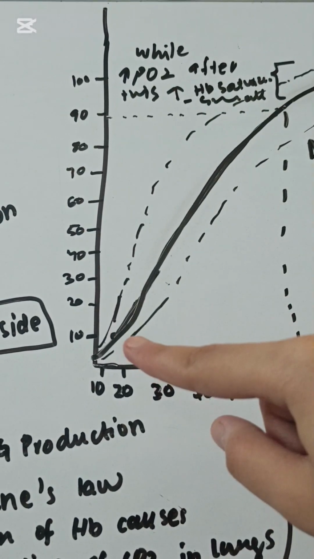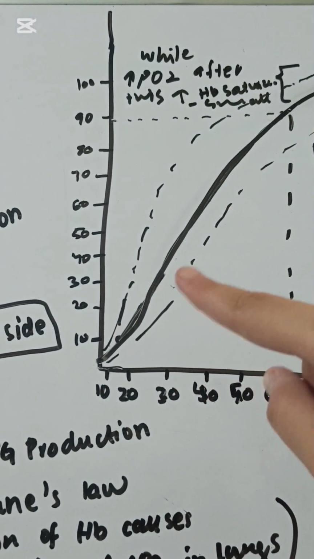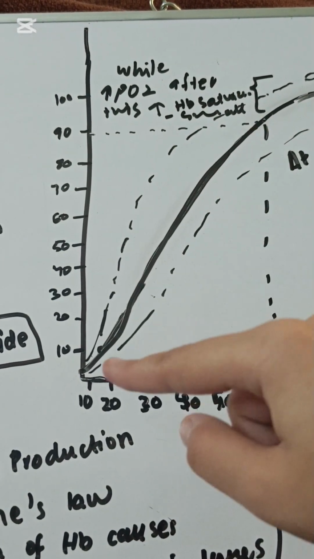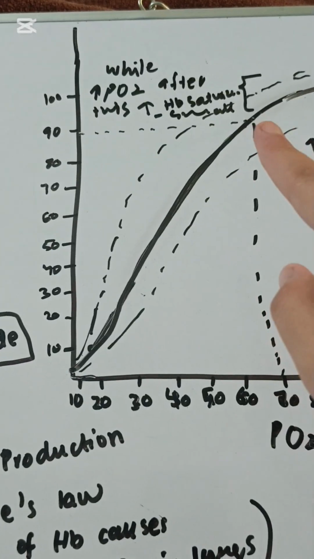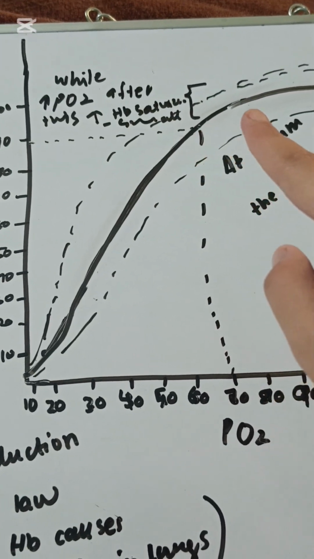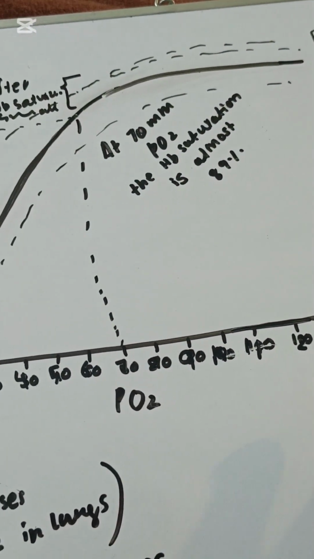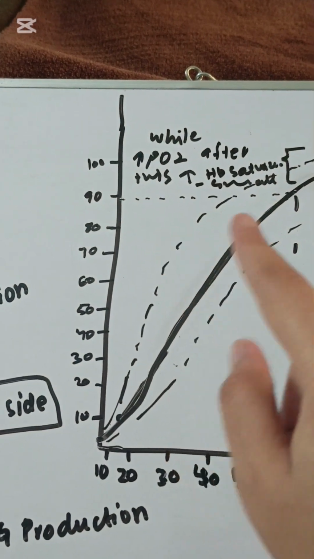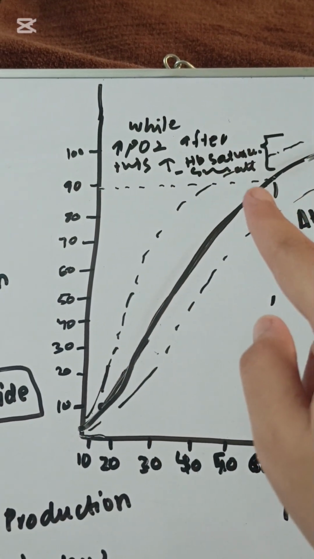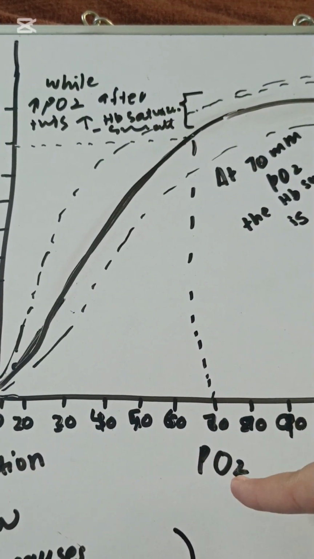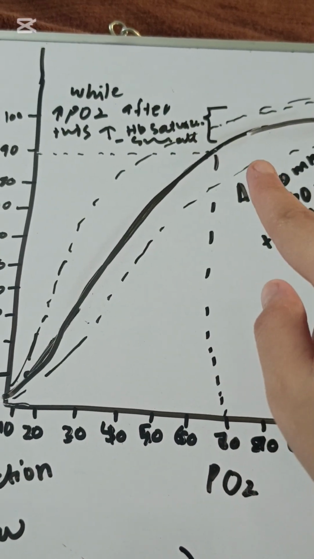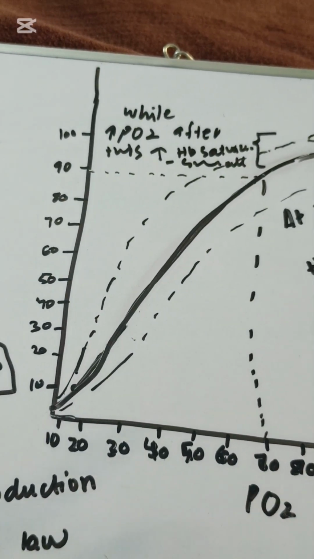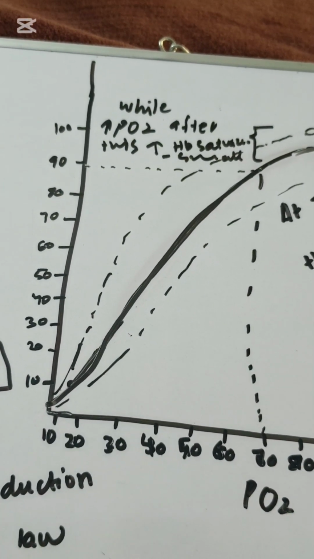That is, hemoglobin is slowly being filled with oxygen until 70. After this, it will go very slowly, like it will take 100 or 110 or 120 for it to reach only about 10% more. Till about 89% it is filled at 70 mmHg, while after this, it takes a lot of partial pressure to get filled till 100% saturation of oxygen in